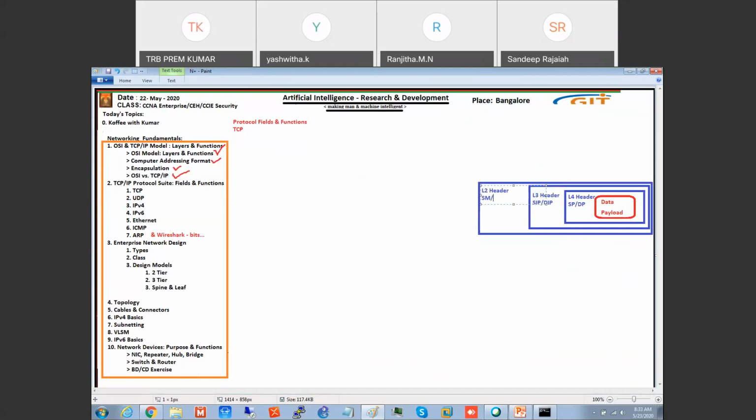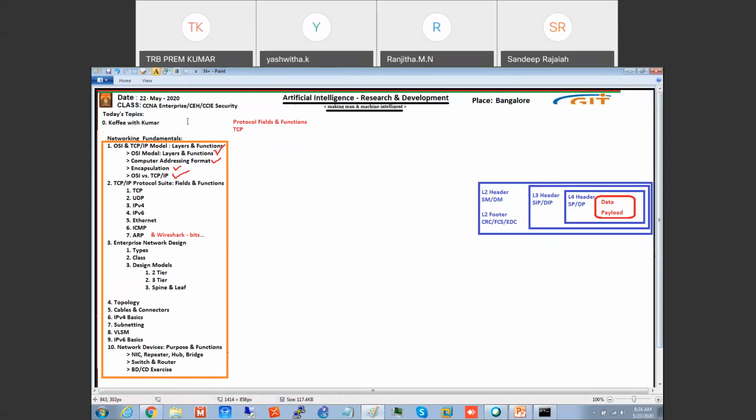Also, we have an algorithm, CRC, and that is in the L2 footer. This is the L2 footer we are adding, with a different mechanism. So this information we add with the data, then we send it.